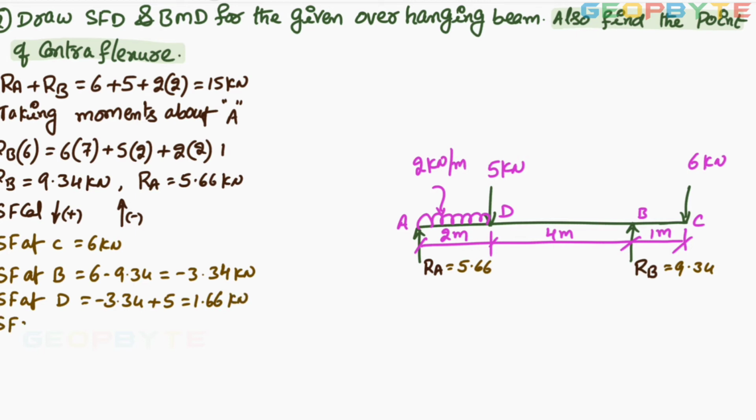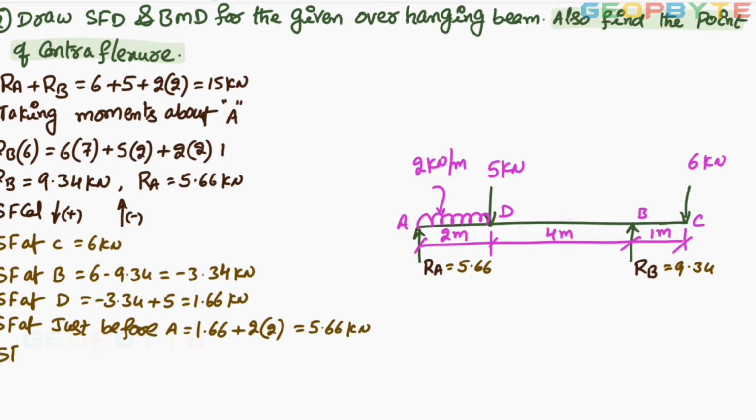Now SF at just before A, because at A, one UDL effect is there, one point load effect is there. SF at just before A, for that you need to consider only effect of UDL. So 1.66 already is there, plus UDL multiplied by UDL distance, 2 into 2, finally it is 5.66